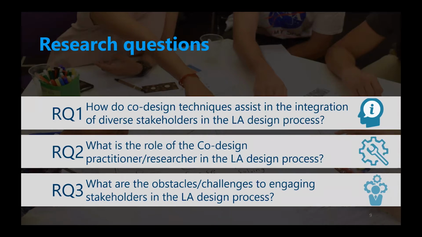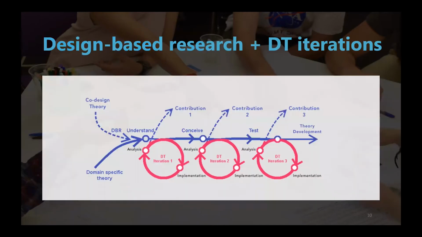To find an answer to these three research questions, we have to be very specific about the methodology, since this is a design thesis merged with a research-specific thesis. For this, I use a design-based research approach. This means that we run multiple iterations along the 3 years till we find an answer to our research questions. This is constant work and leads us to a main contribution, and collaborating with other people helps us to develop better co-design theory.